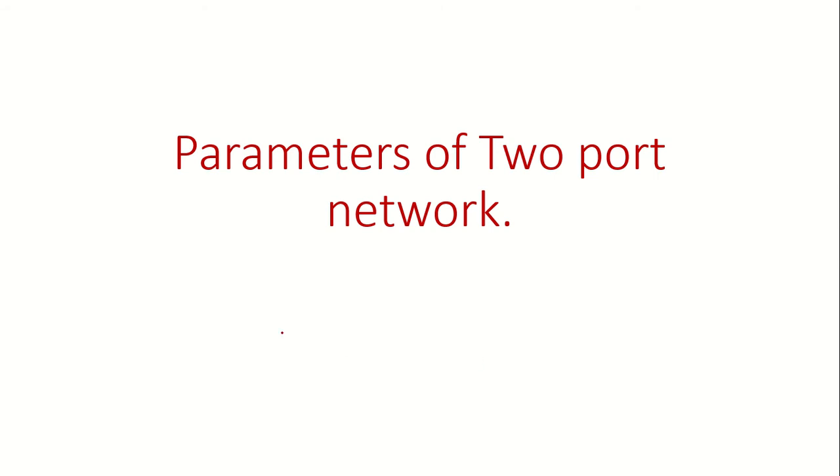So in the first slot, let me discuss two parameters. One is called your impedance parameter and the next one is called your admittance parameter. So when we go into the concept of your impedance, we need to know what is called impedance, and what is called admittance. The impedance is Z, which is equal to V by I.